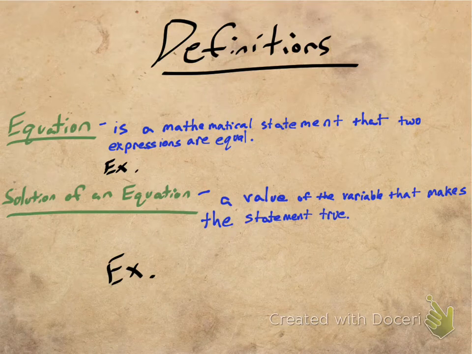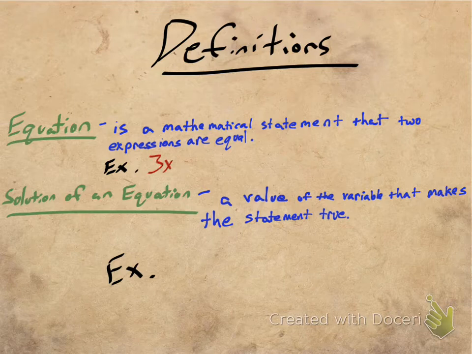An equation is a mathematical statement that two expressions are equal. So remember when we talked about expressions are numbers and operations put together. So you have two expressions, and they have an equal sign in the middle. That's what makes them an equation. Alright, so an example of this would be